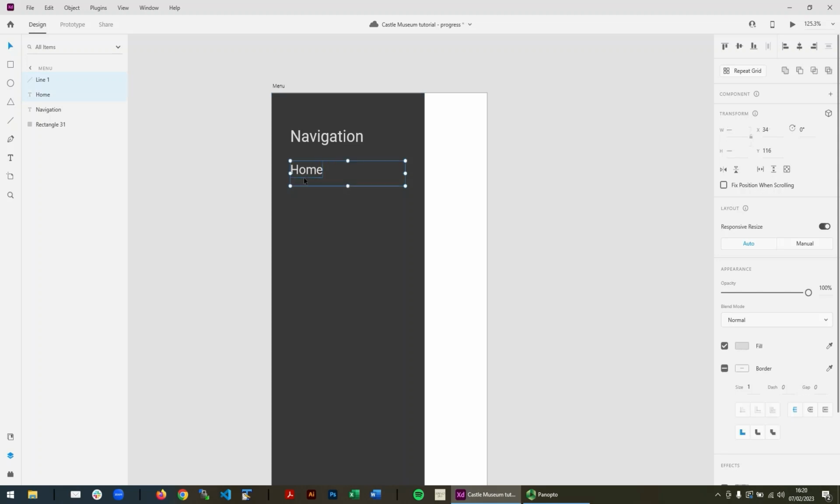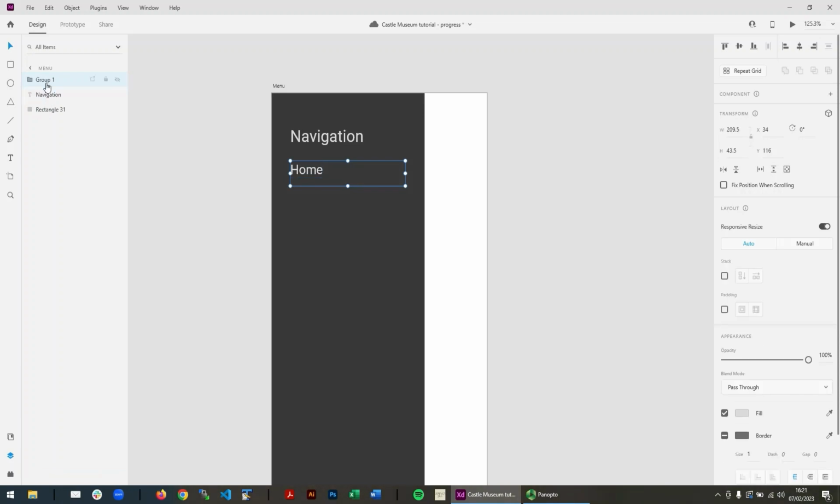So now I'm going to highlight these two. You can see them highlighted in the layers panel. I'm just going to press Ctrl G to group those. So that is now one object, and let's call that menu link. I'm going to copy and paste that now. I'm going to drag it out, and let's just give it a sort of accurate spacing, and Adobe XD will help us by replicating that spacing